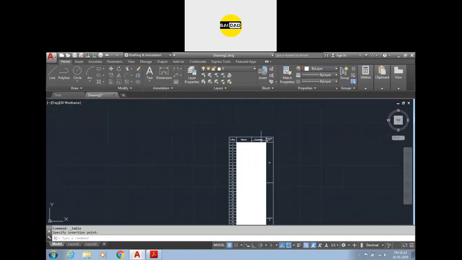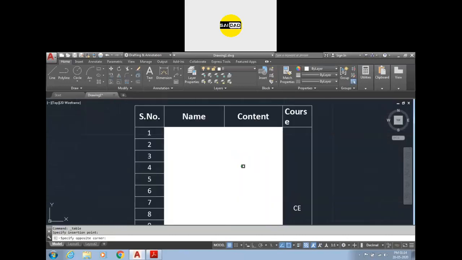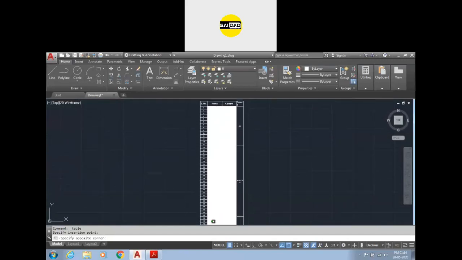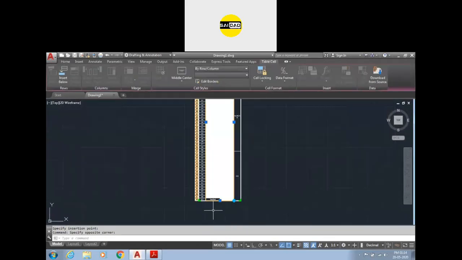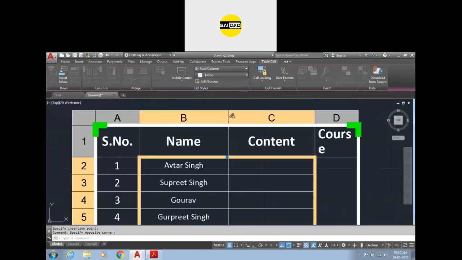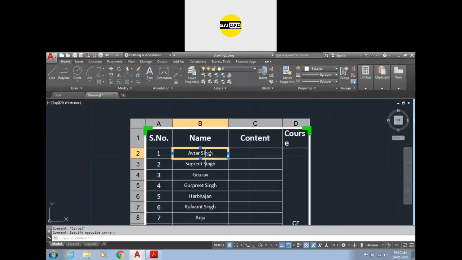Okay, so here we have the Excel. I want to change the color of the background sheet. Okay, like that. So background color should be none, and you will see some names here. Just click here.